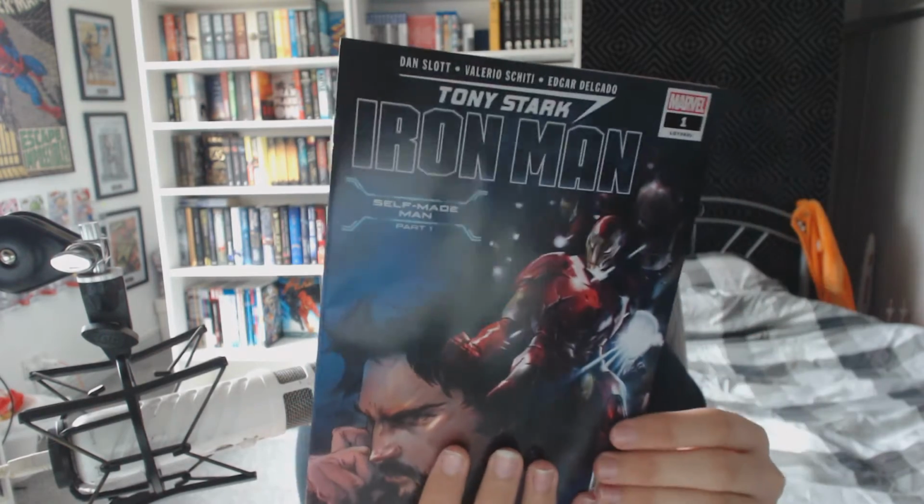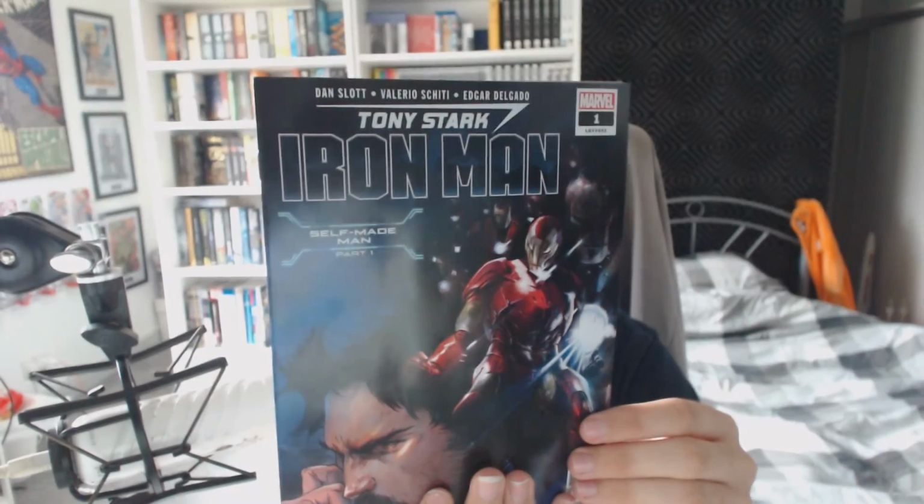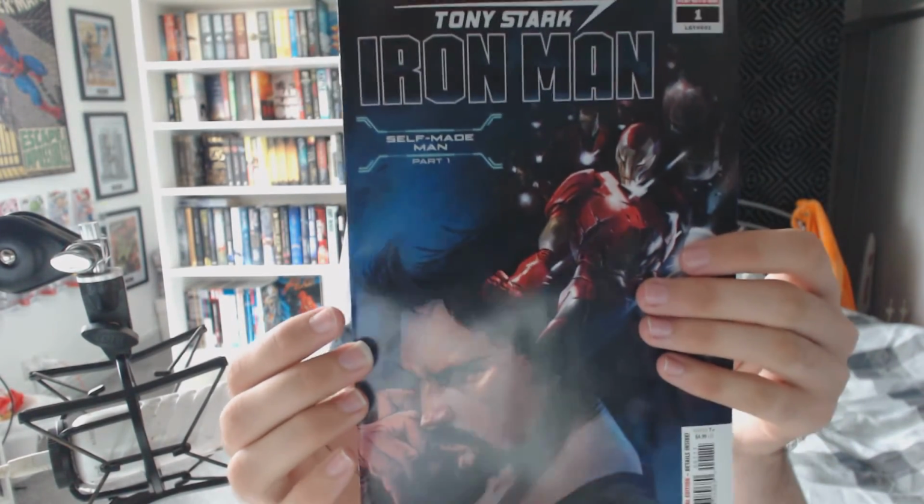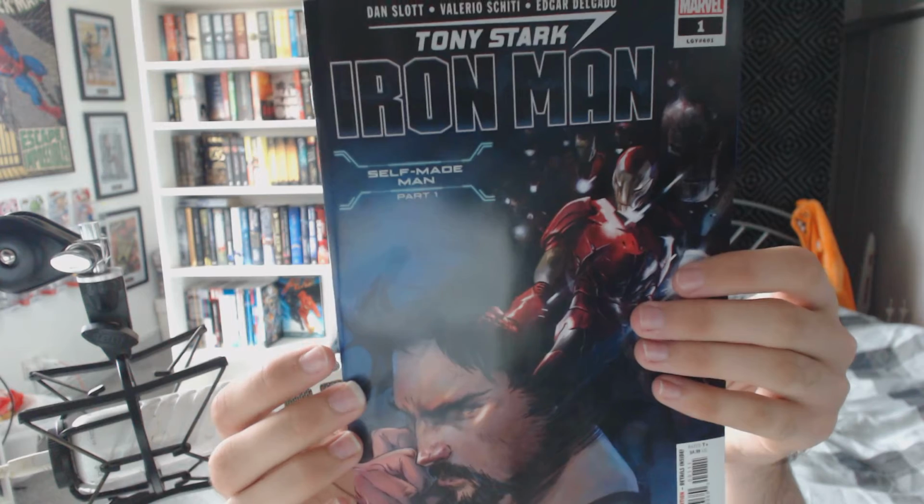Today I'm going to be reviewing Tony Stark Iron Man: Self-Made Man Part 1. The cover leaves a lot to be desired, really. It's a bit dark and gloomy, and it's a juxtaposition to the actual story, because the story is really fun, especially the beginning, really uplifting, and it's set up for